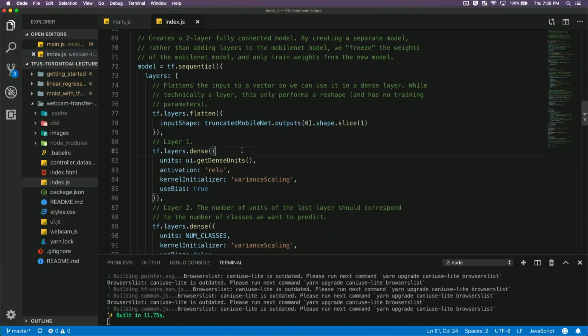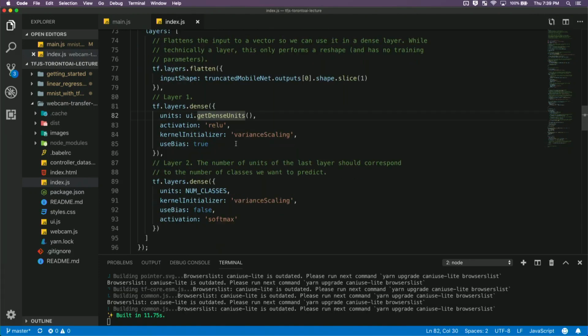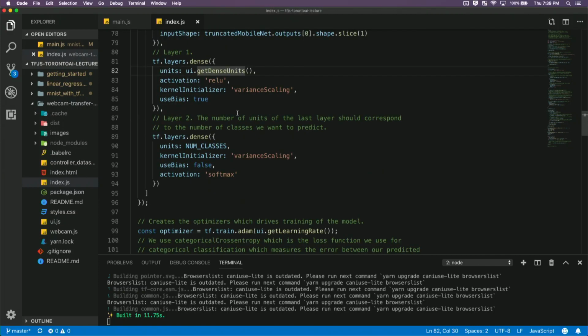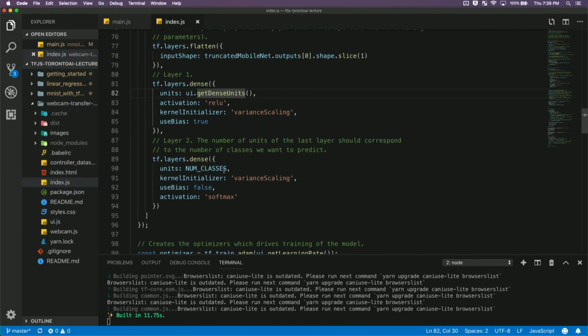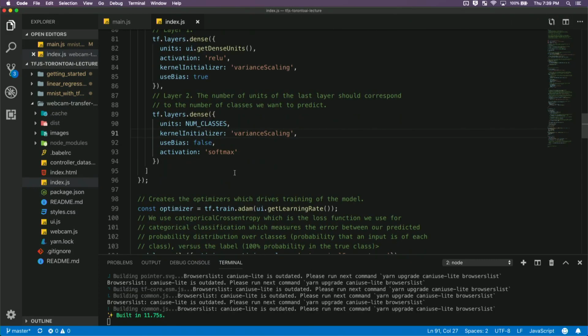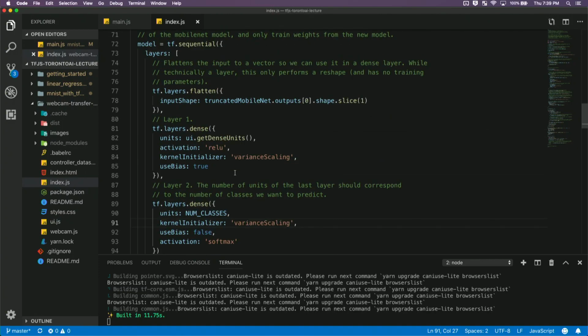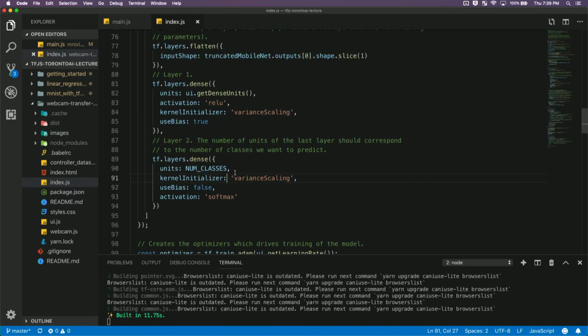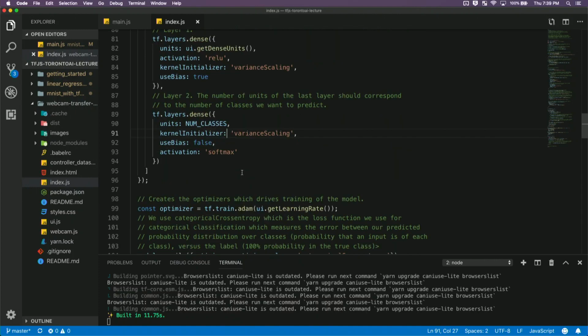And then it's adding a few additional dense layers on top. Actually just one, and then the second one maps to the class. In this case, there are 4, which is up, down, left, right. And that's all it takes to do this extended training.